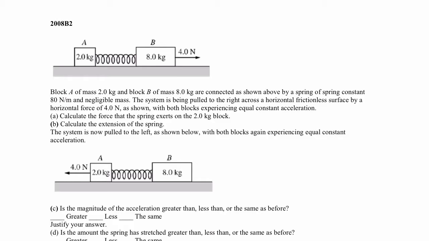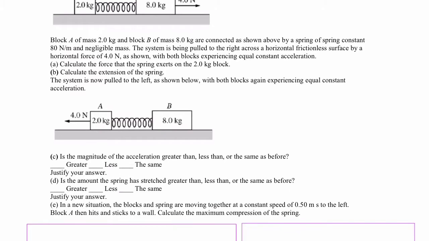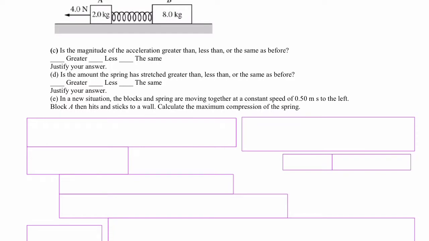So in order to do this, we first want to figure out the acceleration of the system, because both blocks are going to accelerate together. If we find the acceleration of the system, we'll find the acceleration of each block. And the only force acting on block A, moving it to the right, is the spring force. So in order to calculate that force, we're just going to multiply mass times acceleration of block A to get that answer. But first we need to figure out what the acceleration of block A is, or the acceleration of